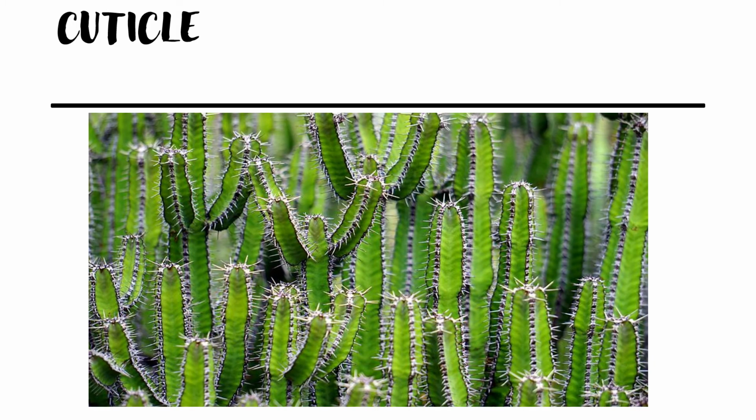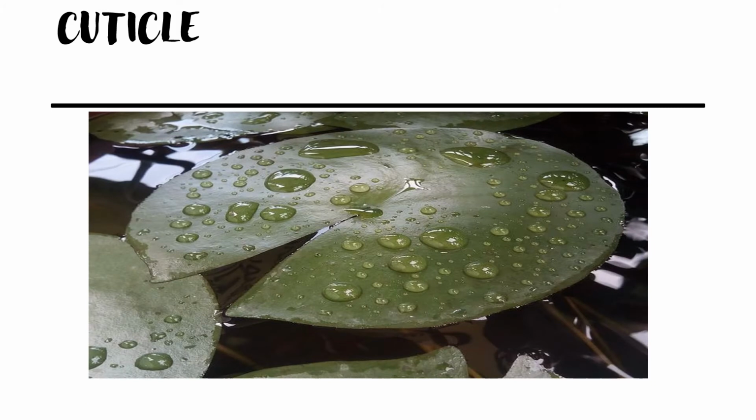So now if we look at the cuticle of the plant growing in different environment is different. This plant is a xerophytic plant. So to prevent water loss, it contains very thick cuticle. But if we look at this plant, which is a hydrophyte, grows in water, have a very waxy cuticle, so it doesn't allow water to enter into the plant.